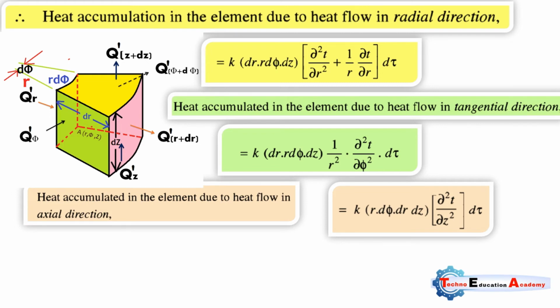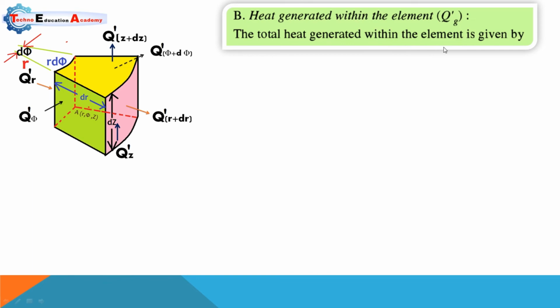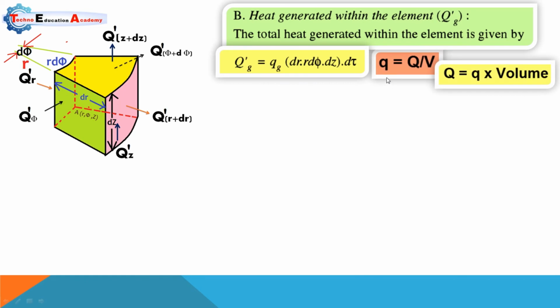So in all the cases of heat accumulated in the element, the common term is k into dr into r dφ into dz into dτ time. Here you can see that in all the cases this is a common term. So the total heat accumulated in the element equal to this, keep it outside, and the summation of all the directions of heat flow, in tangential, in axial, in radial, is called net heat accumulated in the element. So the total heat generated within the element is given by, we have already discussed, okay, small q,